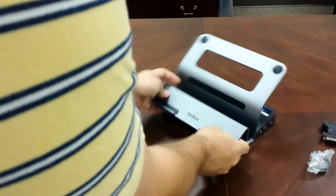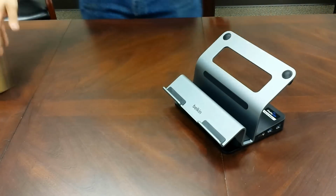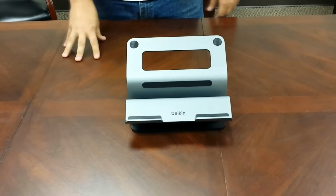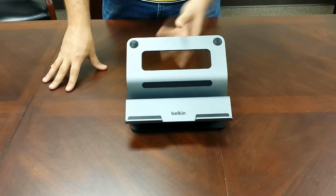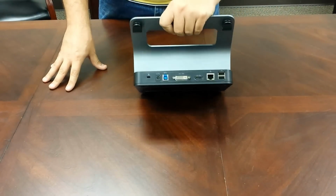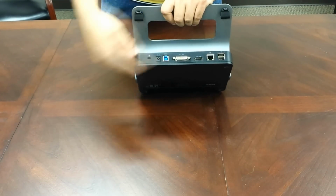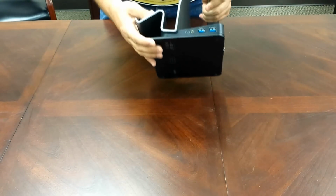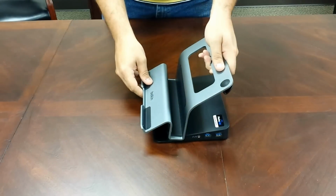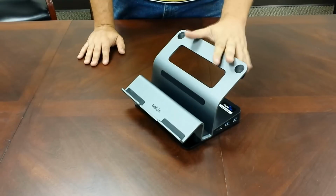Let's open this up. Wow, I like this. I like this a lot. Now with this docking station, it's pretty cool. It's got DVI outputs, DisplayPort outputs, Ethernet input, USB 2.0, USB 3, power jack, a couple more USB 3, headphone/microphone port. The really cool thing about this, and I don't have a laptop up here to show you, but